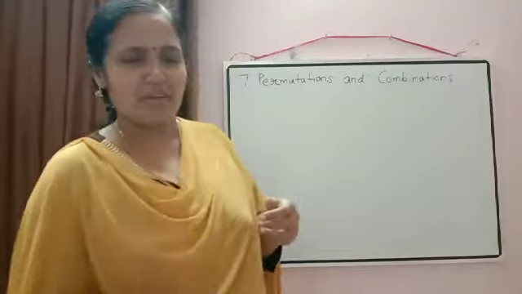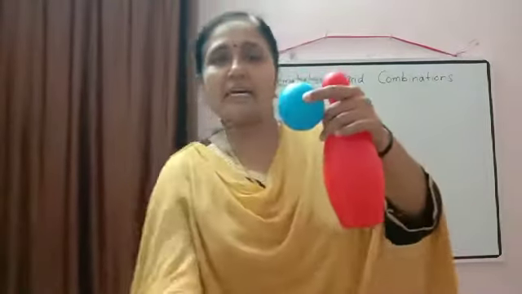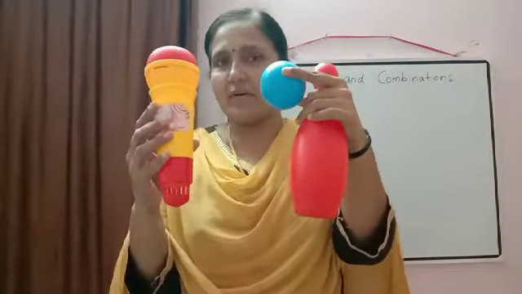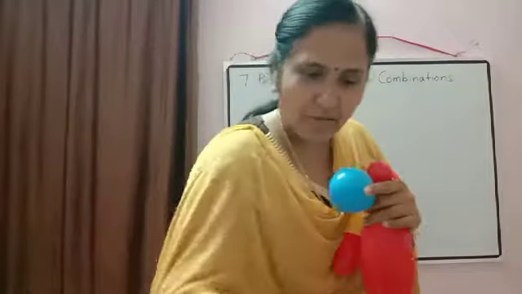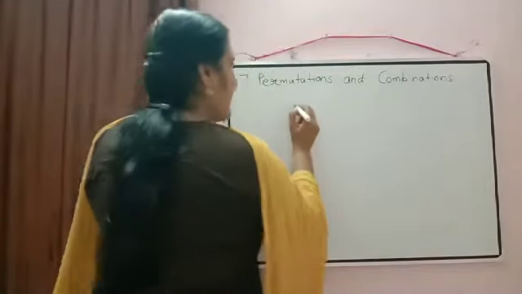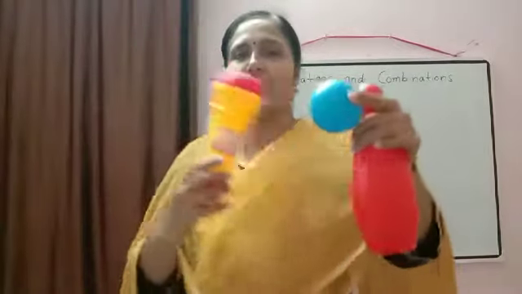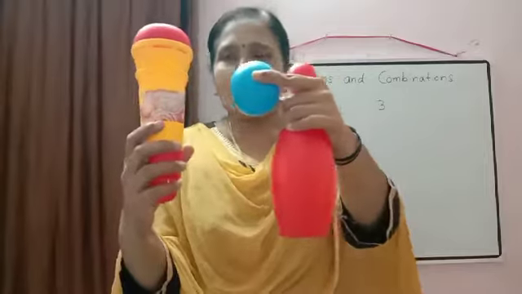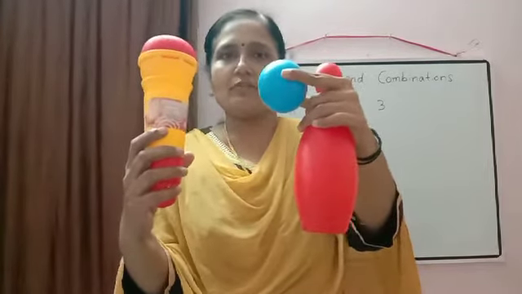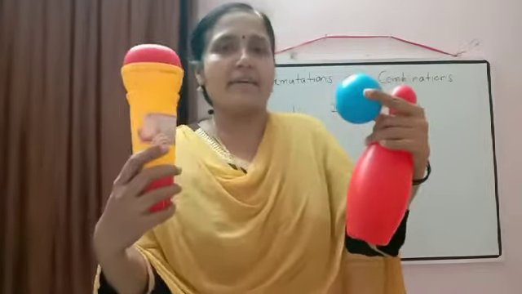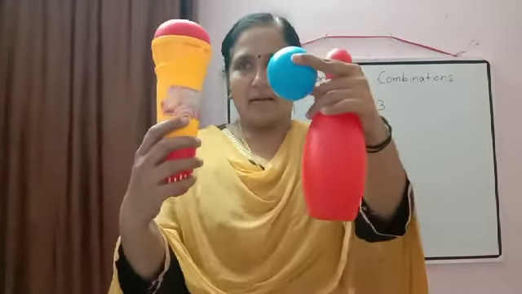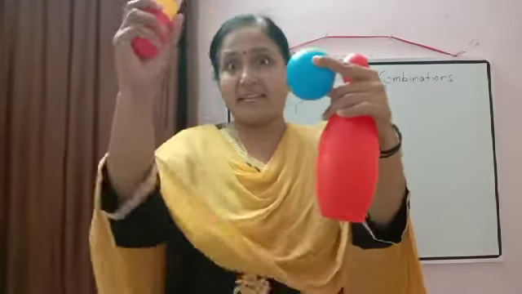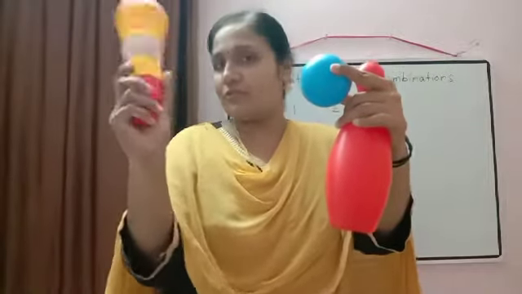For that I am giving you an example. Suppose we have three children, and I have these three things in my hand. I am naming the children as 1, 2 and 3, and I ask the children to take any object from these three. The first child is very active. What will he do? How many options does he have? He will say that I will choose first.